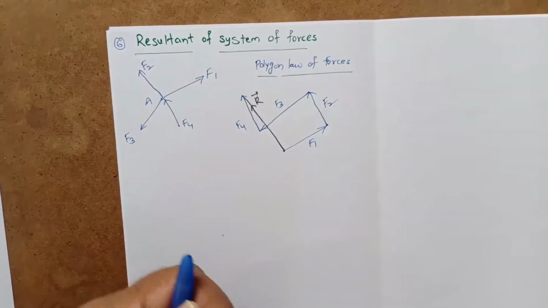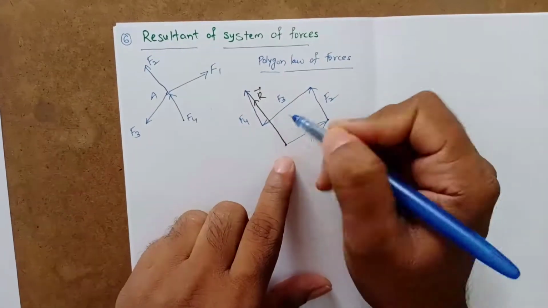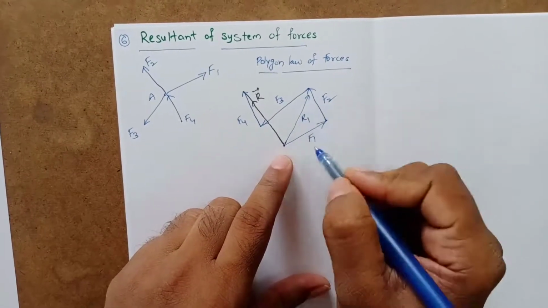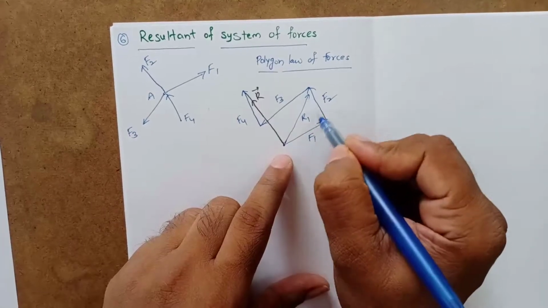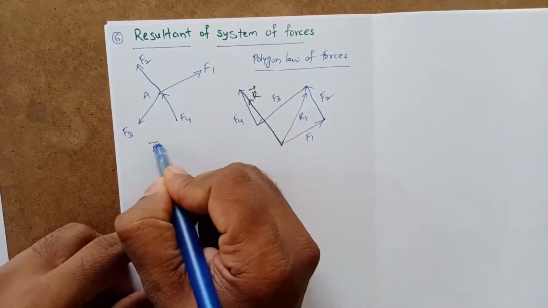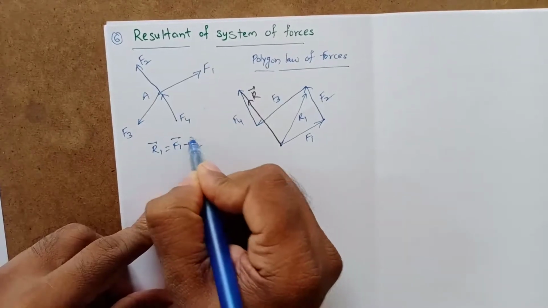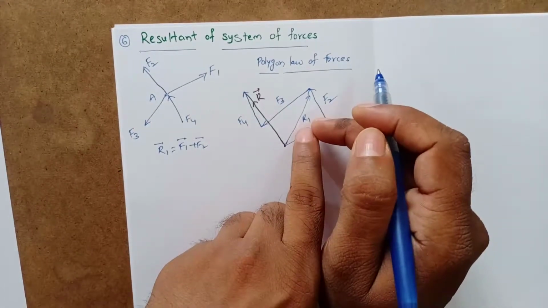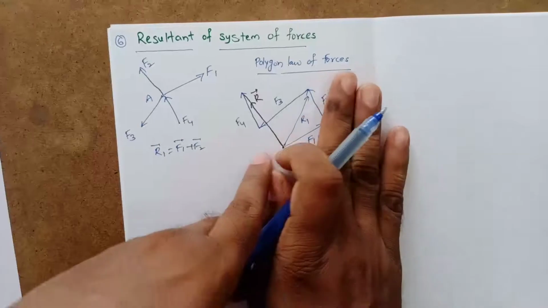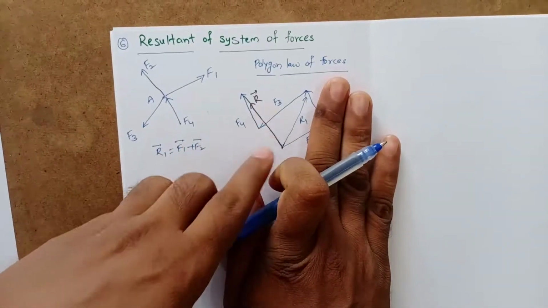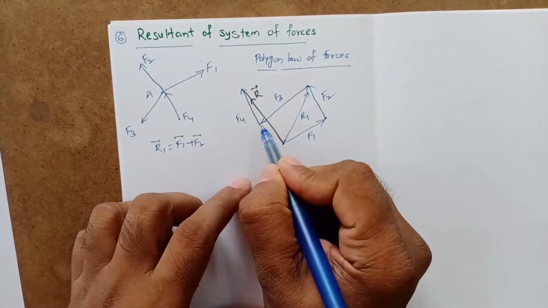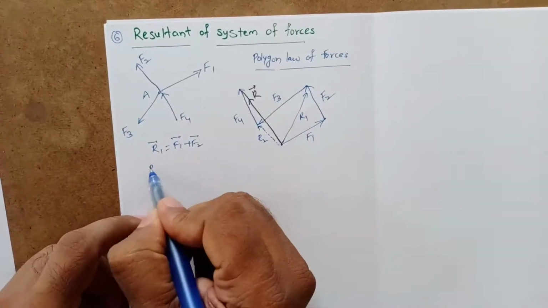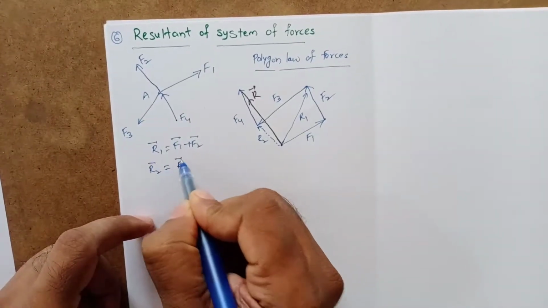Now how do we get this resultant force? Consider only the first F1 and F2 and join these two. Let us say this is R1. Then using the triangle law, F1 plus F2 is equal to R1. So R1 bar is equal to F1 bar plus F2 bar. Now we have replaced F1 and F2 by this single force R1. R1 is the resultant of F1 and F2. Now these two are over. Now consider R1 and F3. Then you will get, say, this R2. So now R2 bar is equal to R1 plus F3.